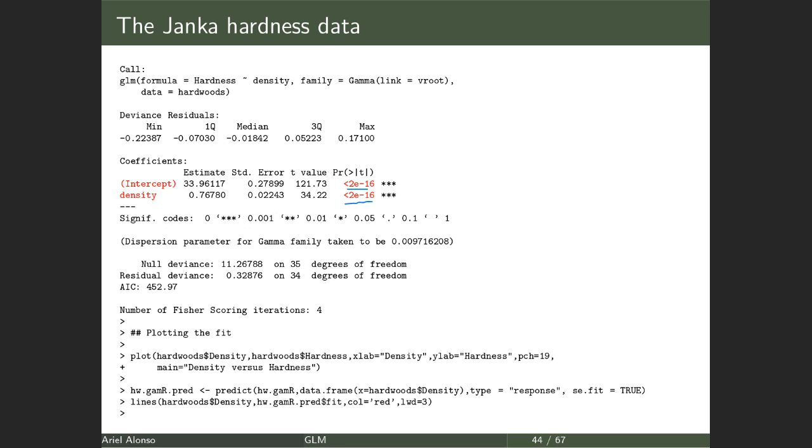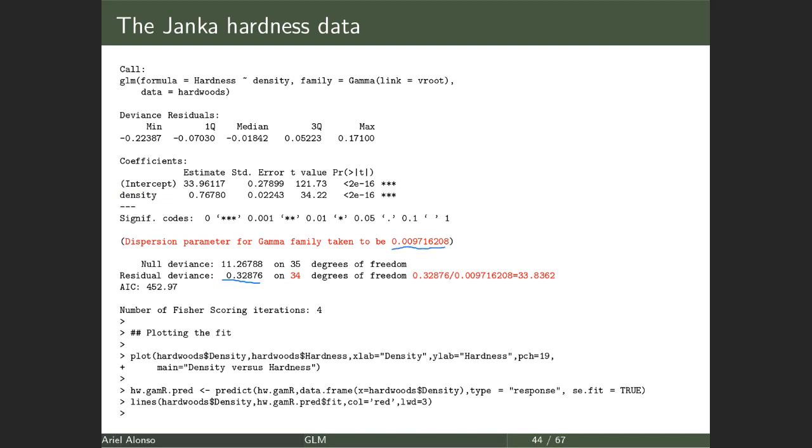Now, the gamma distribution has a psi parameter, these scale parameters. And as you can see here, it is estimated as 0.0097. Now, I told you that if you want to evaluate the goodness of fit, a rule of thumb is that you should compare these two terms, and they should be approximately equal. But now pay attention, because this is the unscaled deviance, and you need to compare the scaled deviance to the degrees of freedom. So what you need to do is divide the deviance by the scale parameter,